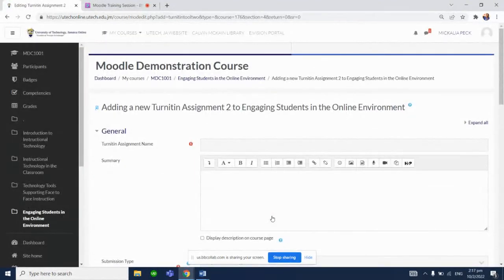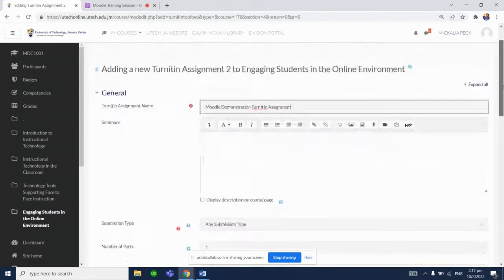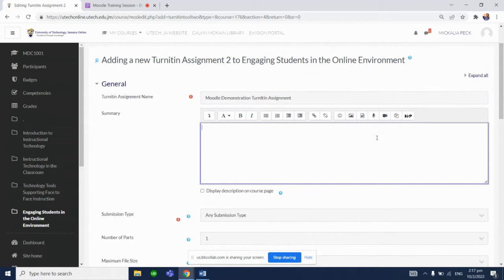So I'm going to give the assignment a name. So let us call this Moodle demonstration TurnItIn assignment. Good. And I mentioned last week that in the summary box, it's good to give a description to students just